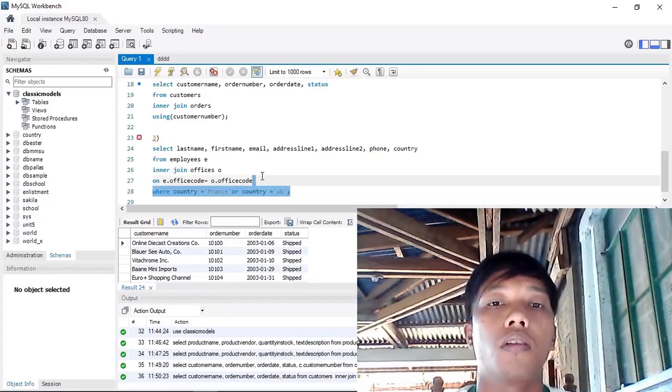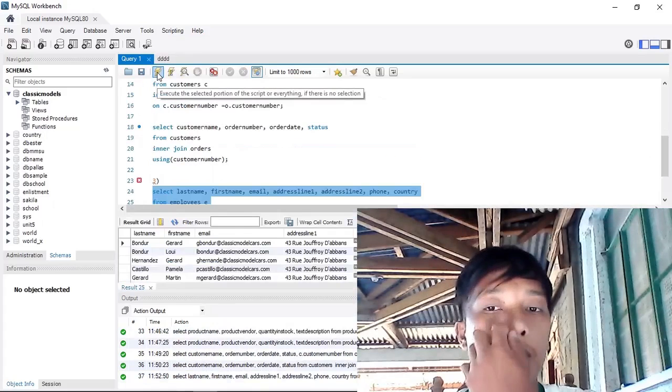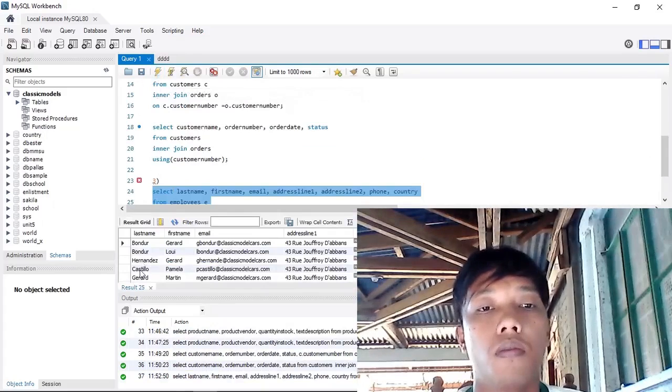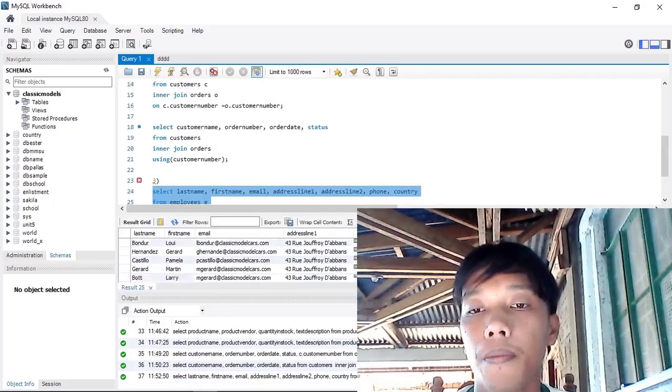I'm going to run this. So we can see now the last name, first name, email, address line 1, address line 2, phone, and country.